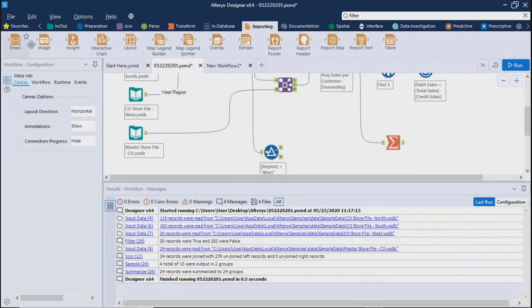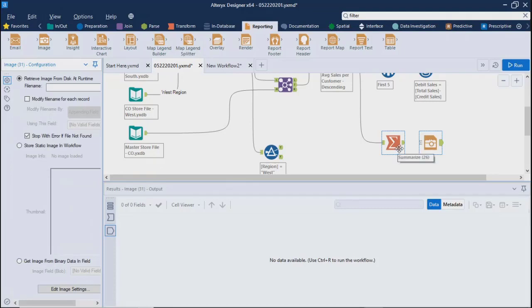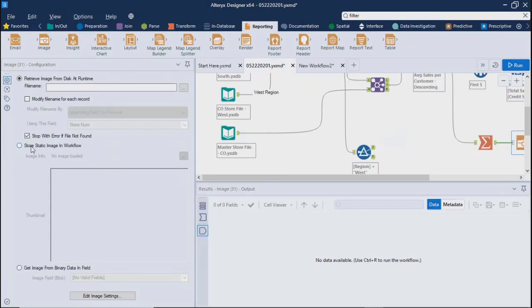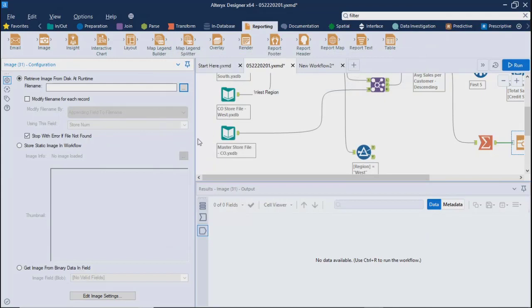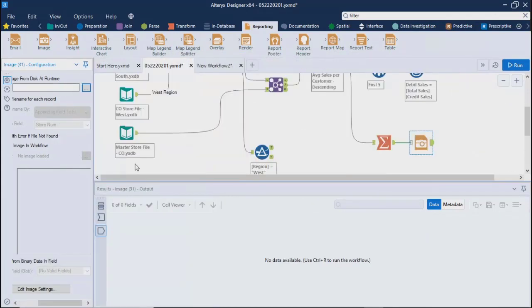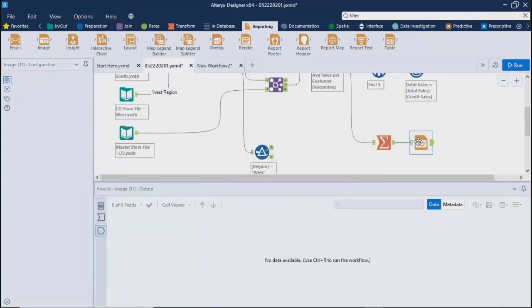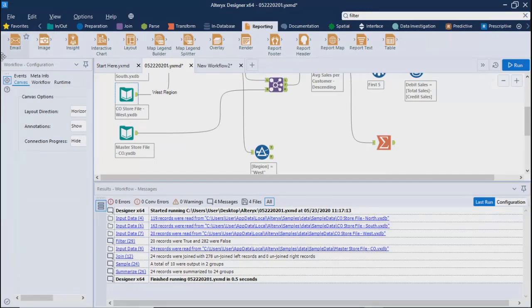Then you have image. So over here you can send images. Now the image, when I say, it can be from your system or it can be from the report also. See, a static image in the workflow or from the binary data. So all these things you can send. You can browse from your system, so that file will also go as an image. Mostly these are the notifications only, insights.